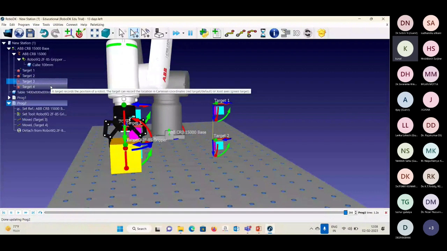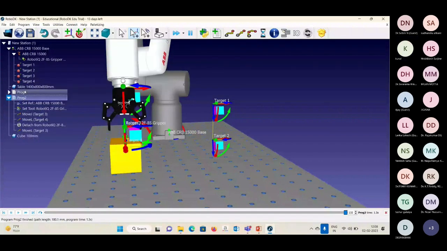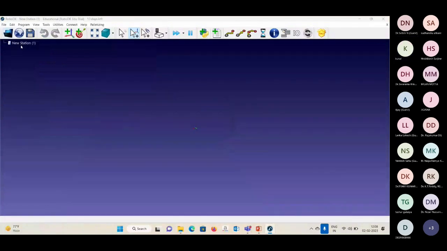So I will show you one of my ready-made stations. I have made a ready-made station from here. Just a minute. Stations. Here, pick and place. So as you can see here,